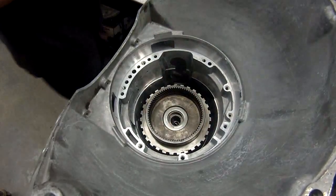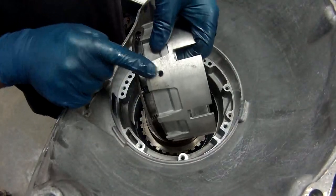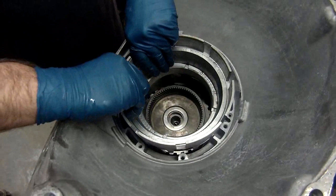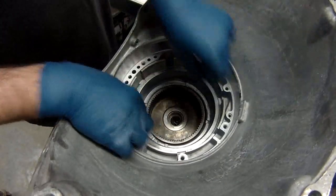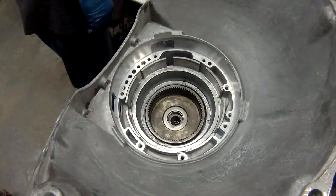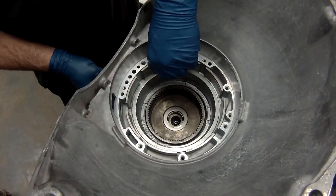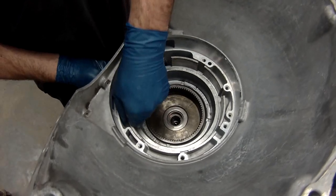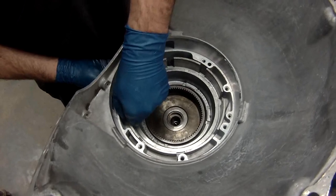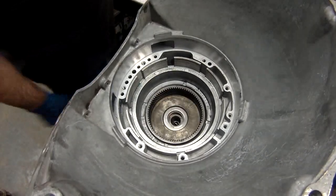All right, now we've got our fourth clutch housing. It goes in one way. You've got a bolt hole here and a hole up in the front of the case. I'm going to set that in. You get new bolts in the kit for it, and I start this one here so I can pull it up. Sometimes you have to pull it up, wiggle it around to get it started. All right, once you've got that started,